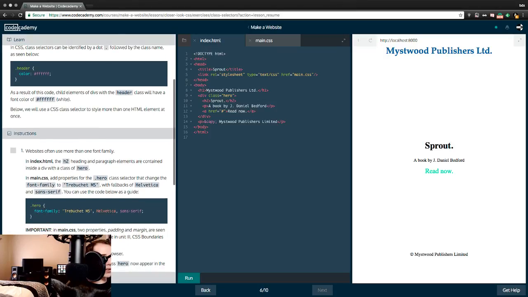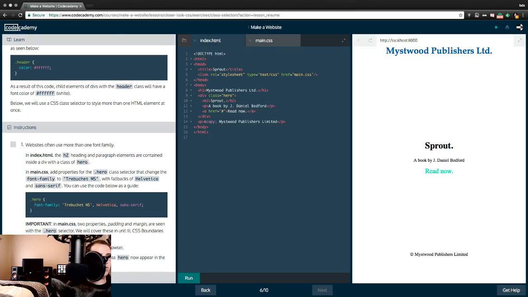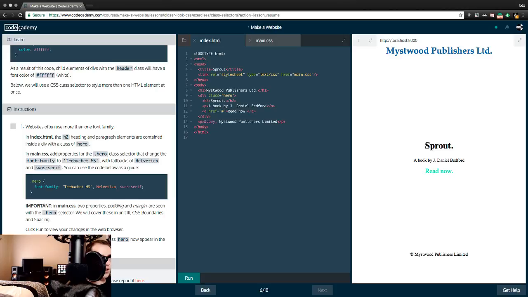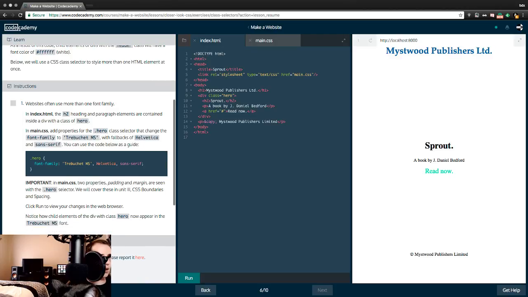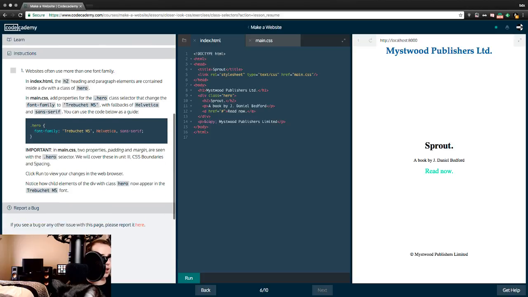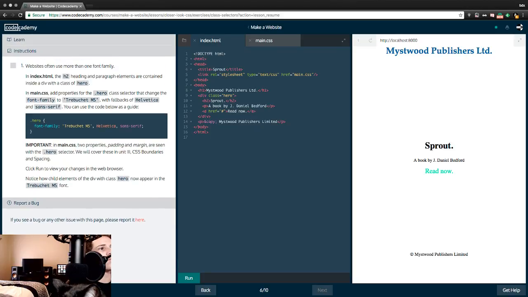CSS selectors. Before, Kitty almost fell off the desk. What happened? As a result of this code, child elements of the div with header class will have font color blah blah blah. Below we will use CSS selectors to style more than one HTML element at once. Okay. 1. Websites often use more than one font family. In index.html, the H2 heading and paragraph elements are contained inside a div with a class of hero, and in main.css